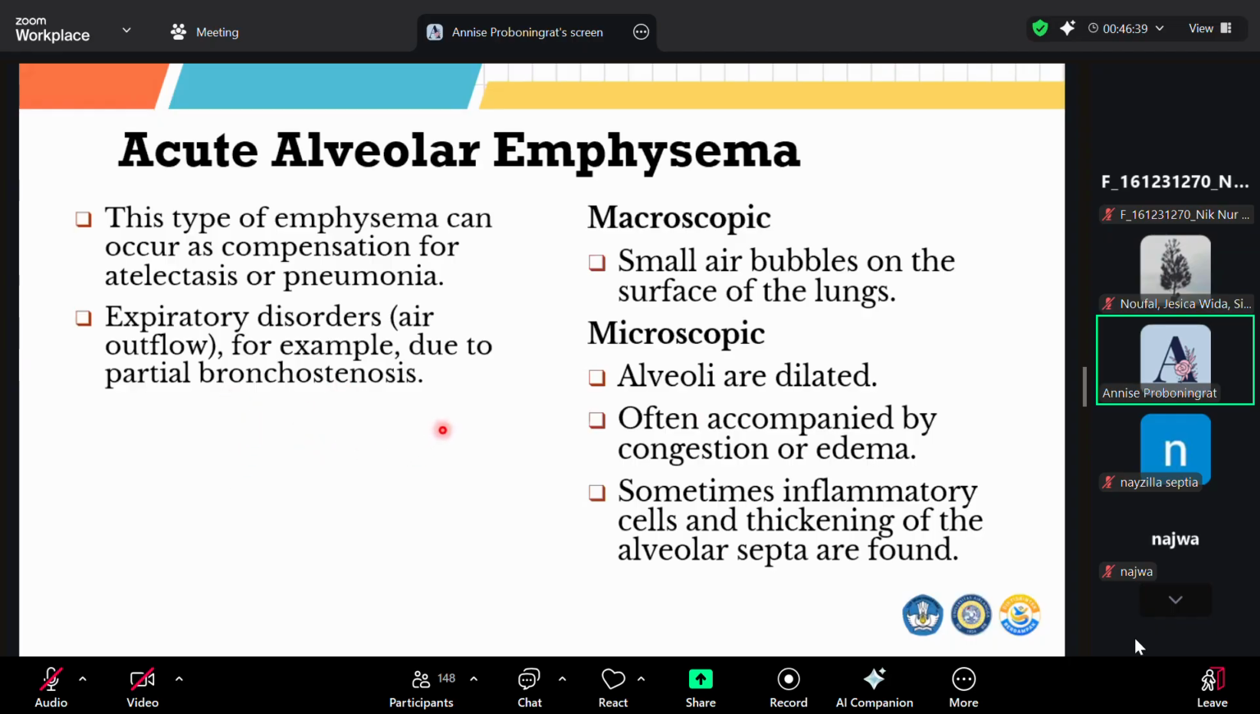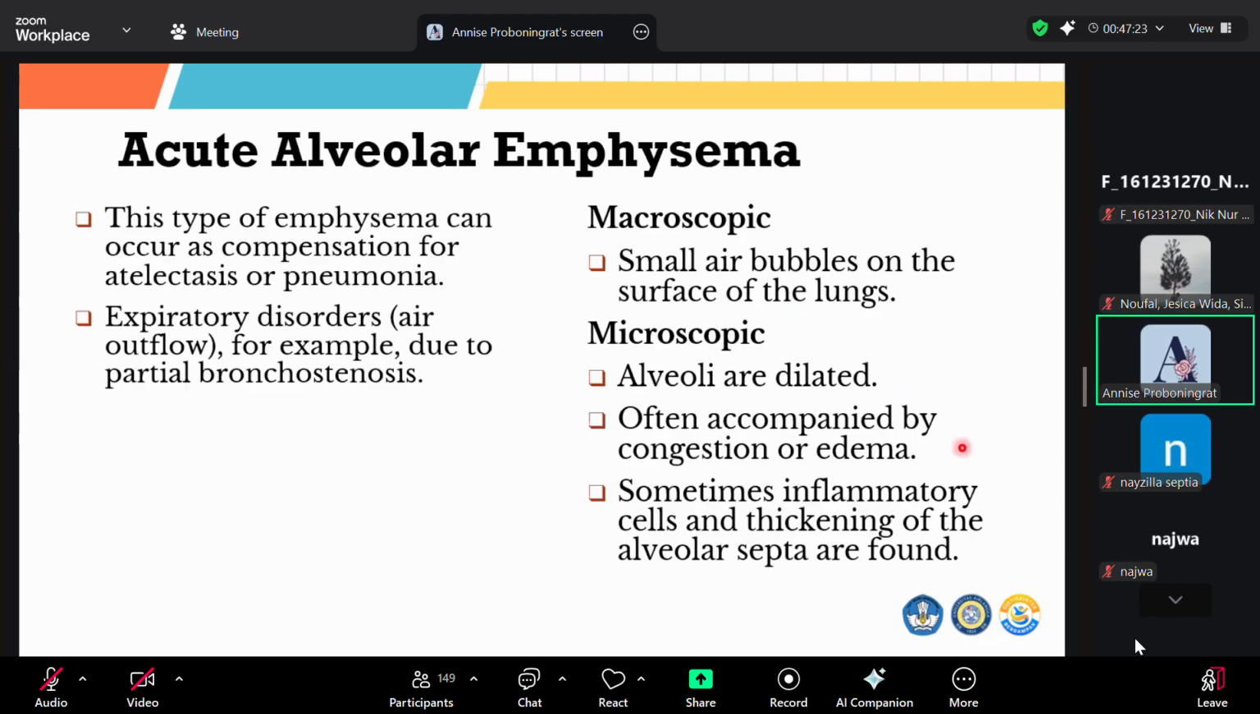The first type of emphysema is acute alveolar emphysema that occurs as compensation for atelectasis or pneumonia. The macroscopic lesion of this type of emphysema is presented by small air bubbles on the surface of the lungs. And in the histopathological lesion, we can find the dilatation of the alveoli, often accompanied by congestion or edema